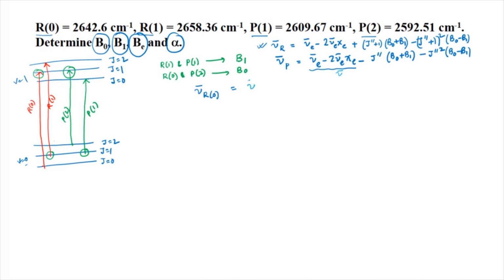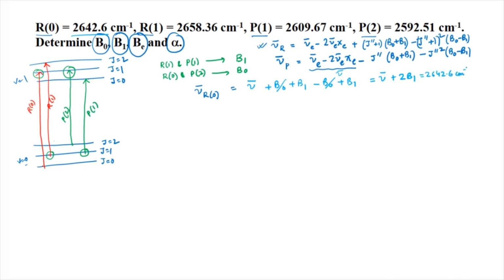So, we can write this as nu bar plus B 0 plus B 1 minus B 0 plus B 1. So, the B 0 cancels, and we get nu bar plus 2 B 1, and the R 0 is given as 2642.6